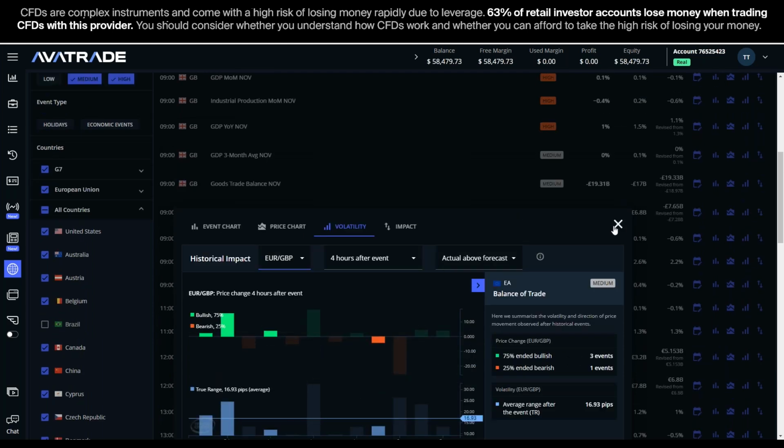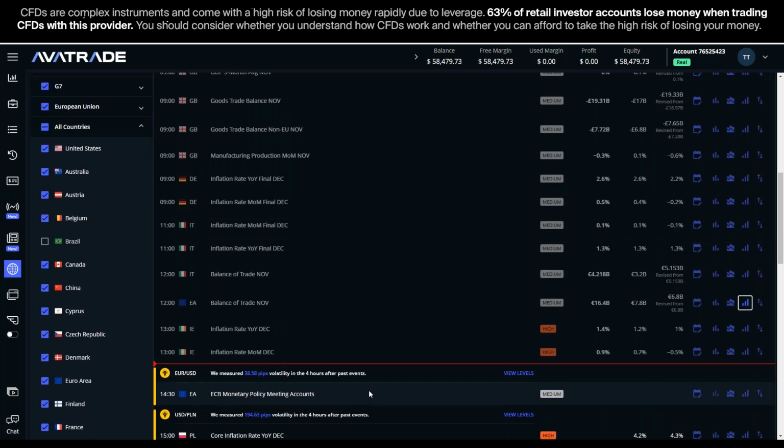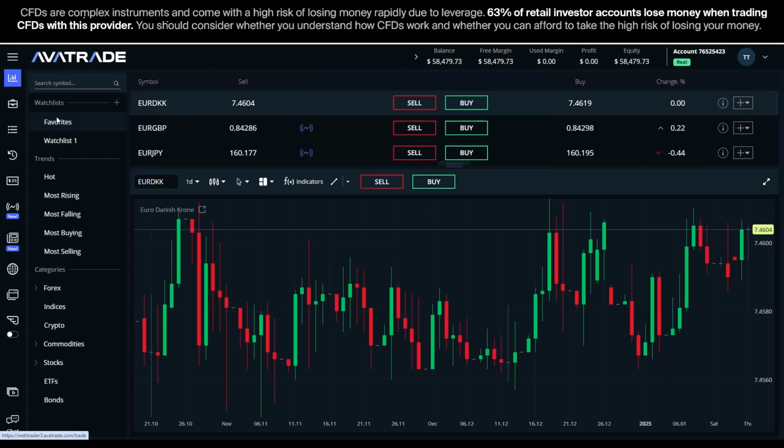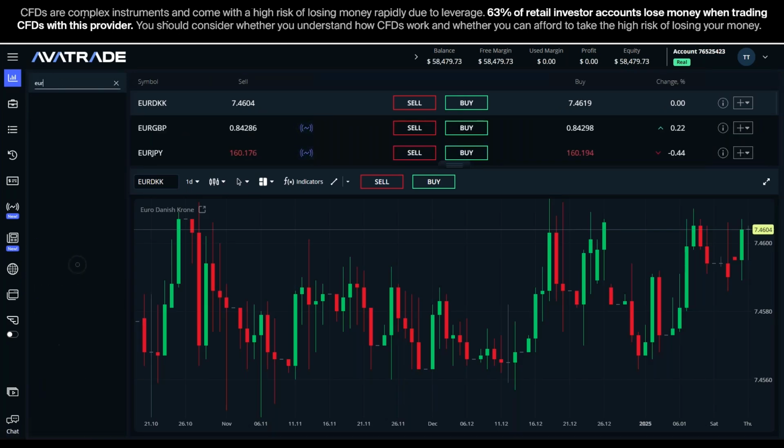Okay, so we know the tendency is there then for the euro to climb against the USD, against the pound, when this comes in the way that it did in the hours following the announcement. So now we can go to the live chart and see, can we find an entry point we like, or what's the signal right now? So if I look at Euro GBP,